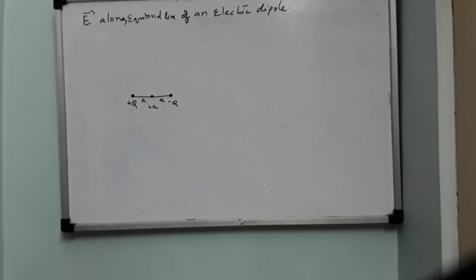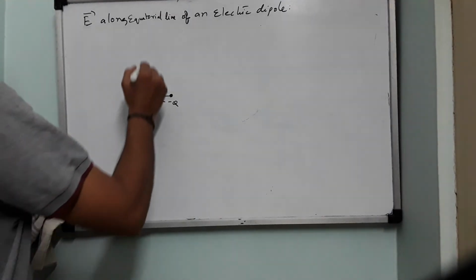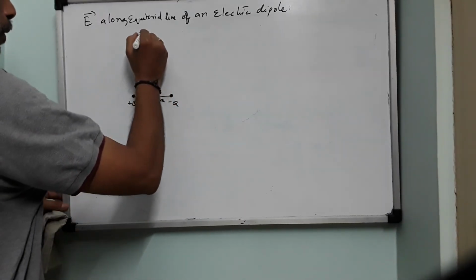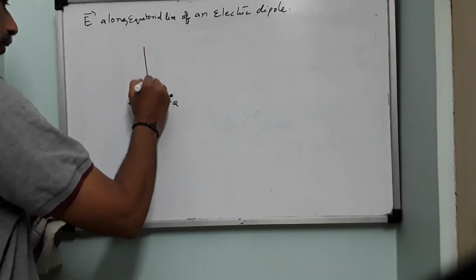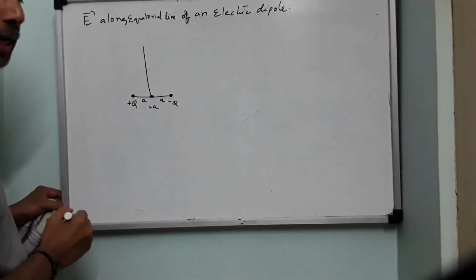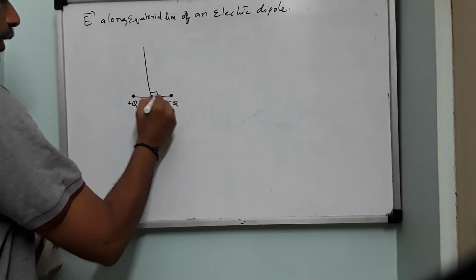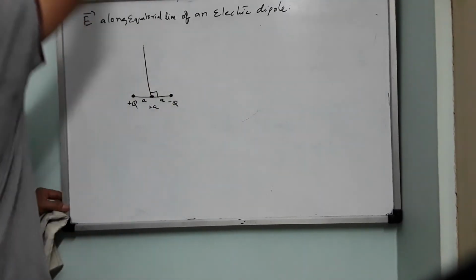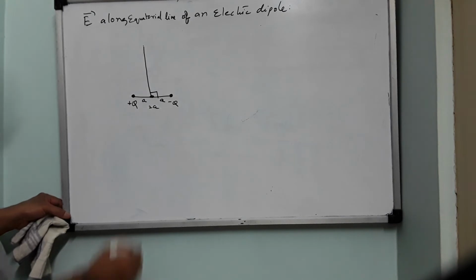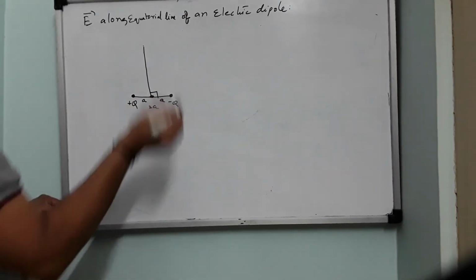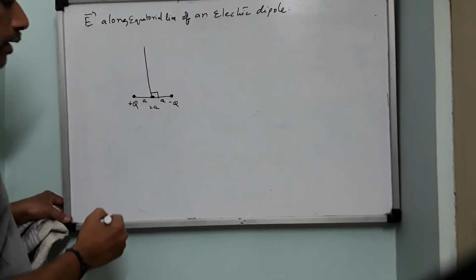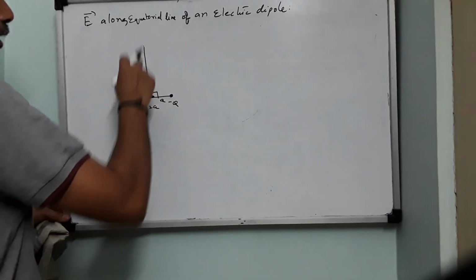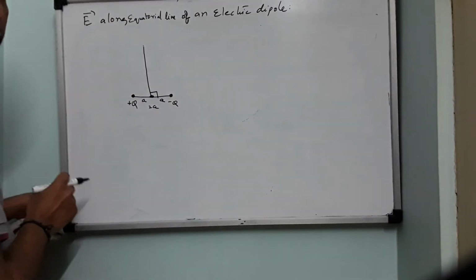Is it visible? Right. Now, if I draw a line perpendicular to this axis, so that is the perpendicular bisector, this line is called the equatorial line, because this angle will be 90 degrees. On this line, anywhere, no problem. Down also you can draw. Here also you can draw. Back side of the board also you can draw. As we are making a planar diagram, either we can write it upwards or downwards. So for convenience we take it upwards.